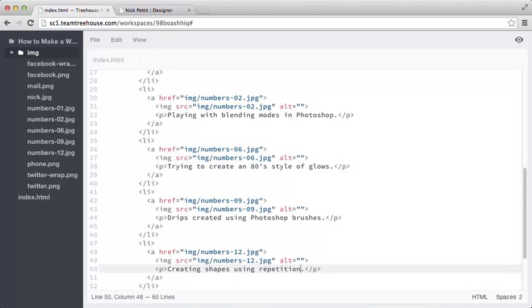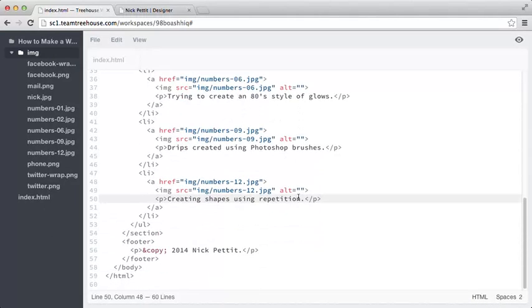The iconography we need for Twitter and Facebook are included with the project files for this video, so if you haven't already downloaded the images folder like we did in the previous video, be sure to do that now and include them in the project, simply by dragging them onto the file tree here. Now, let's go ahead and scroll down to our footer, and inside of this footer,